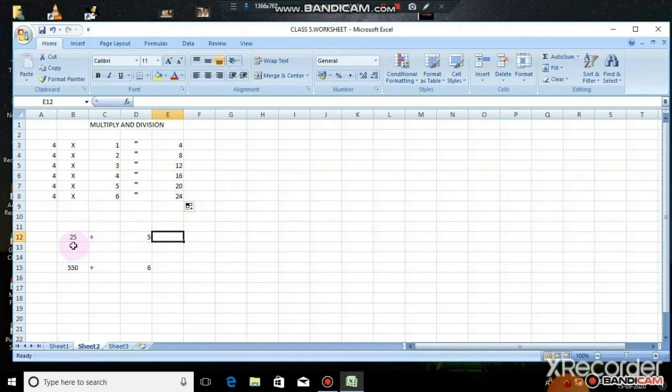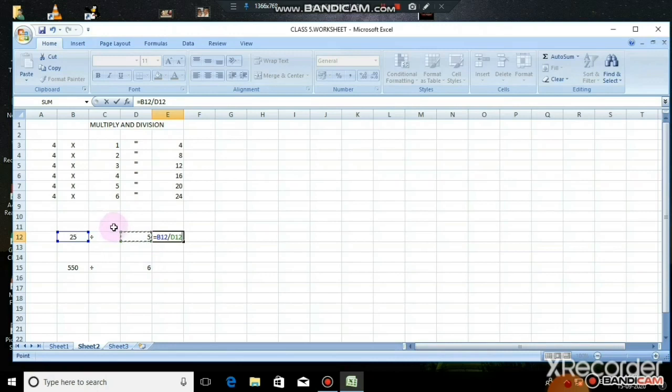Likewise division. In each cell I entered a value. So 25 divided by 5. The formula is equal to, press on the cell with 25, it is B12, and the division symbol is here, slash. Okay, and the next cell is D12.